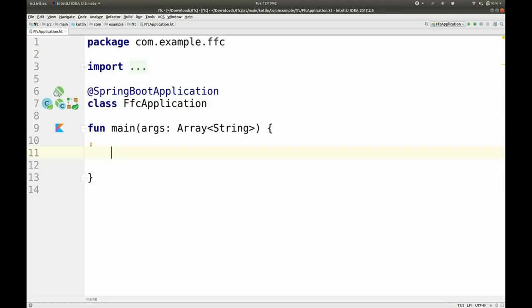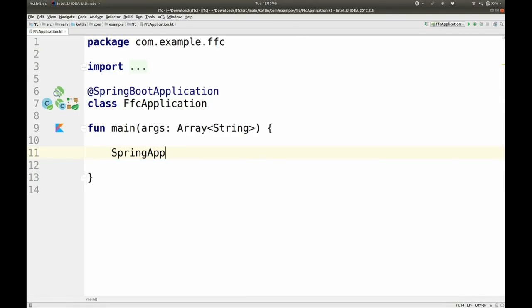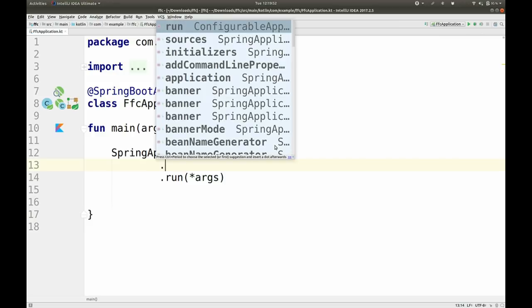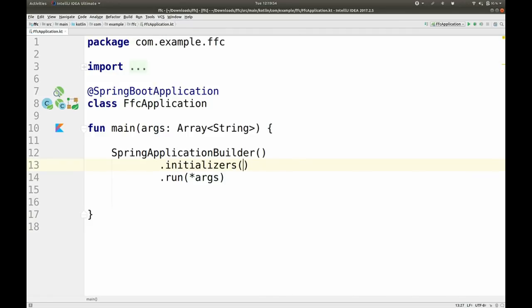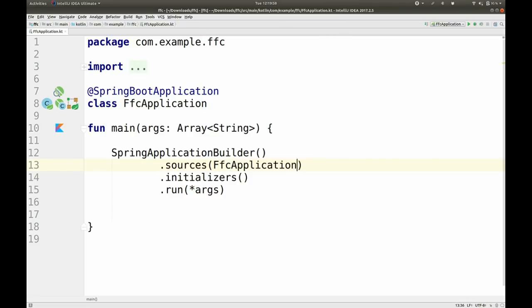Okay, so here we go. What we're going to say is a Spring application builder dot run. So I'm just porting the invocation that we had here before back to this approach. We'll come back to it in a second. So FFC application class Java. There we are. So this is where we're going to do what we have to do for the functional bean definitions. We're going to say beans